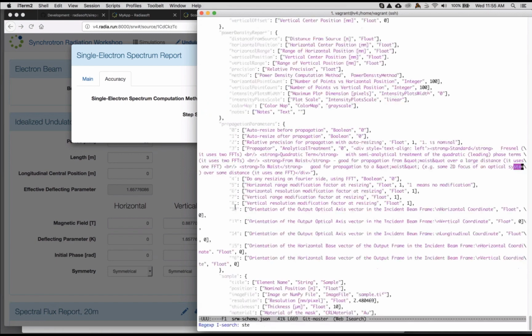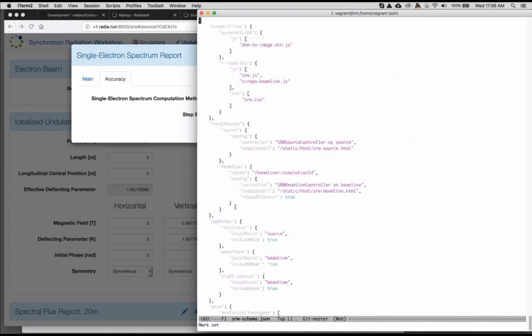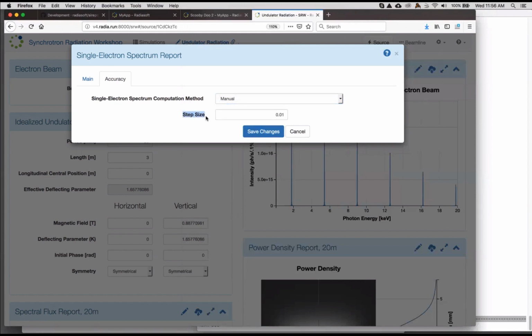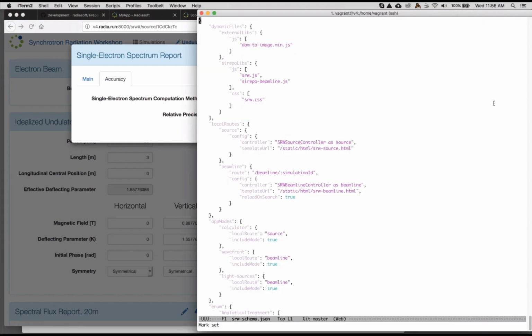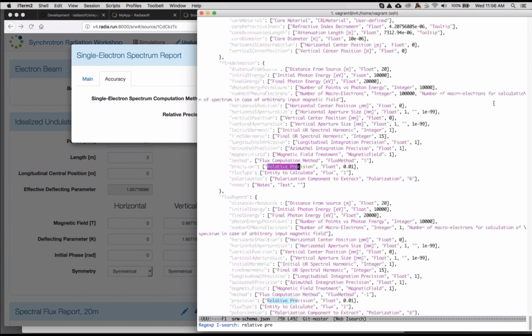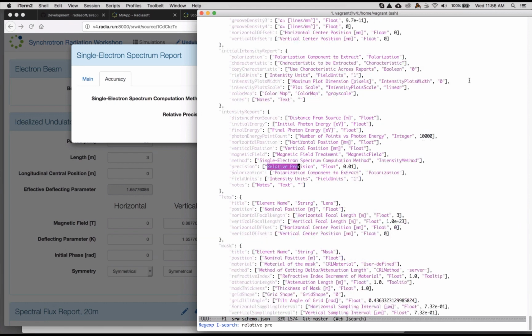let's look for step size. I don't know actually how step size is showing up here, but there's business logic basically triggered on what I'm showing here. That's kind of interesting. Relative. Huh. Okay, so